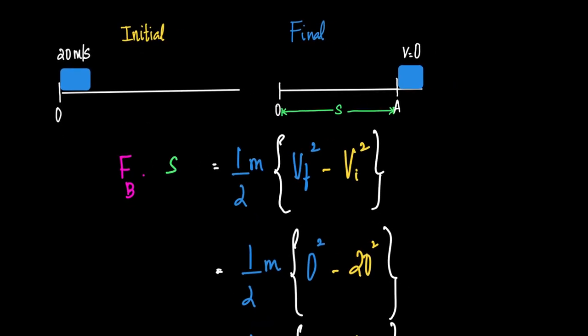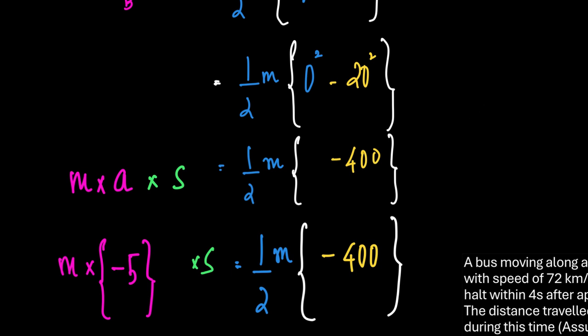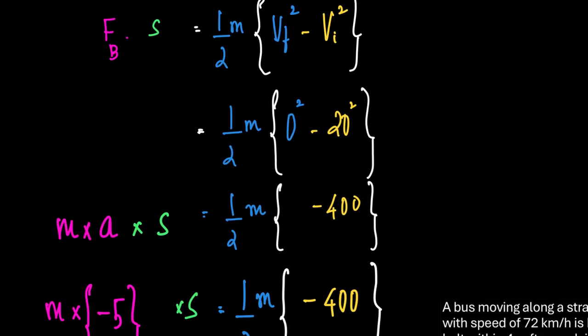Therefore, half m vf square will be 0 square, and vi square would be 20 square, which gives us 0 square minus 20 square, being 0 minus 400. The braking force can be written as mass into acceleration of the bus. The acceleration of the bus we have found out to be minus 5,